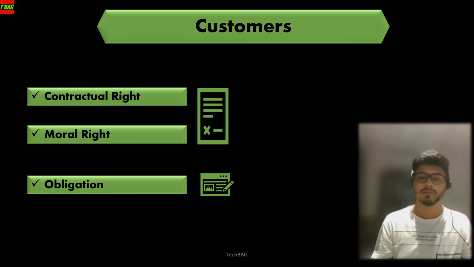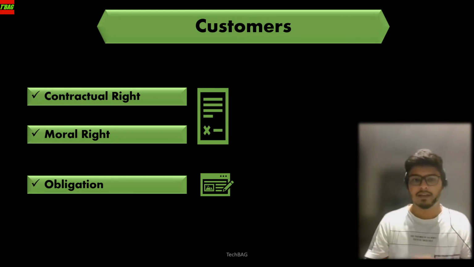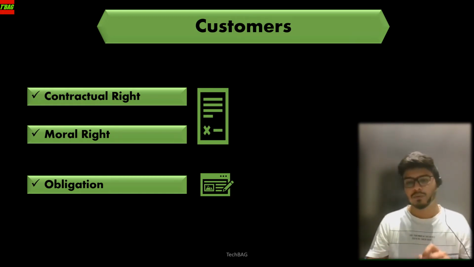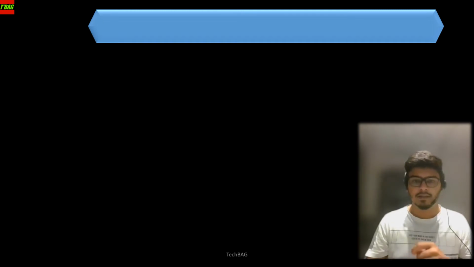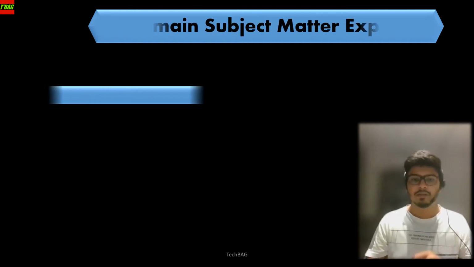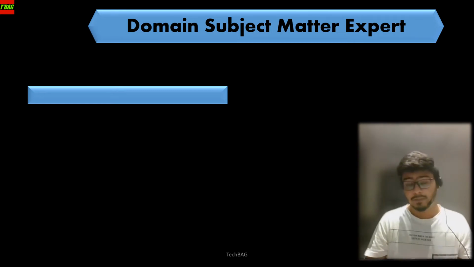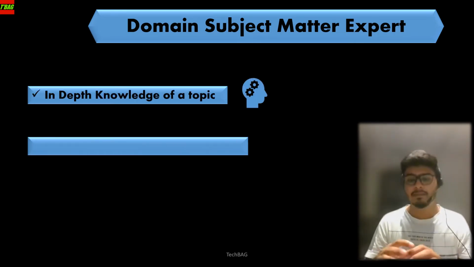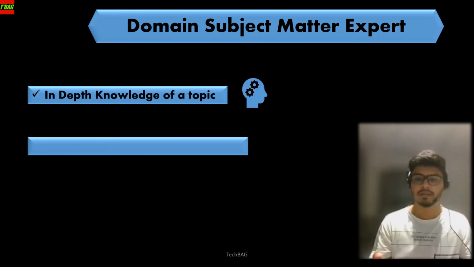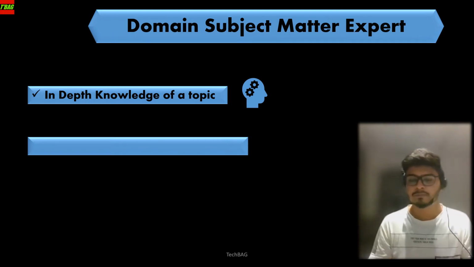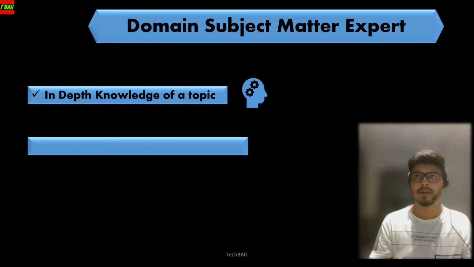So the customer is the one who actually buys a product, and the customer is also a main stakeholder while doing a BA activity for a business analyst. Moving to the next kind of stakeholder, that's a domain subject matter expert. The domain subject matter expert is the one who has in-depth knowledge in his domain or area or a topic. So the reason he's known to be a domain subject matter expert, or an SME, is he has